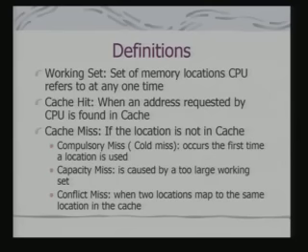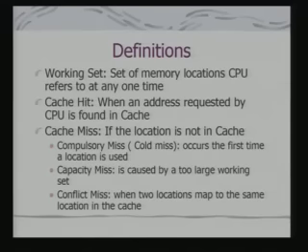There are different types of cache miss. The first one is called compulsory miss or cold miss. It occurs the first time a location is used. Whenever a location is referred to in the memory, if it has not been used before, obviously that data is not expected to be in cache, because a cache management policy typically follows load on demand.